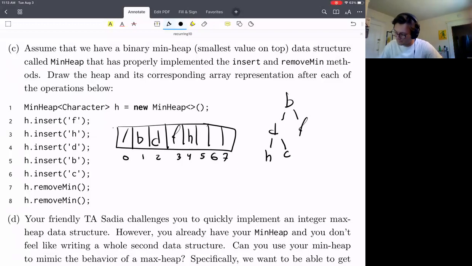C is less than d, so we're gonna swap c, d. Same thing over here, we're gonna add c, then c is less than d, c, d, like that. Okay, that's all the insert operations here. Hopefully that makes sense. And so one thing to notice here is that if you read the array just left